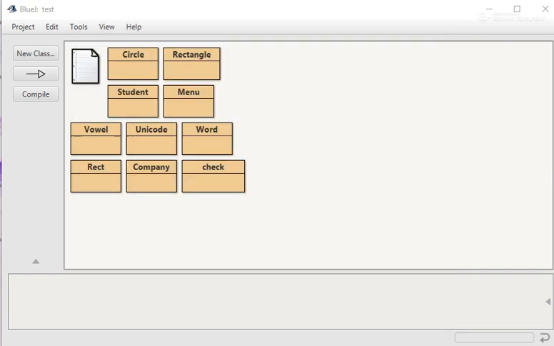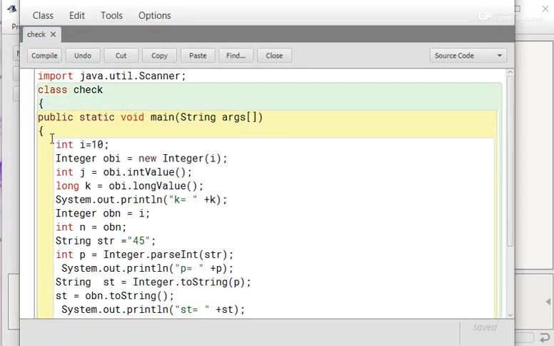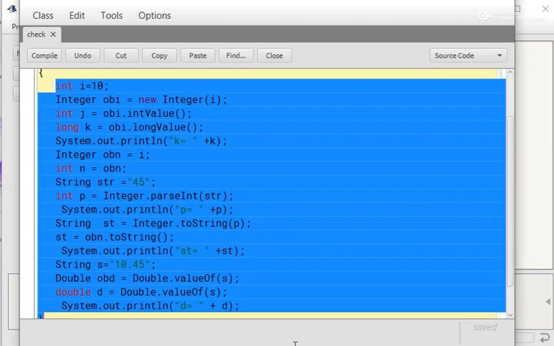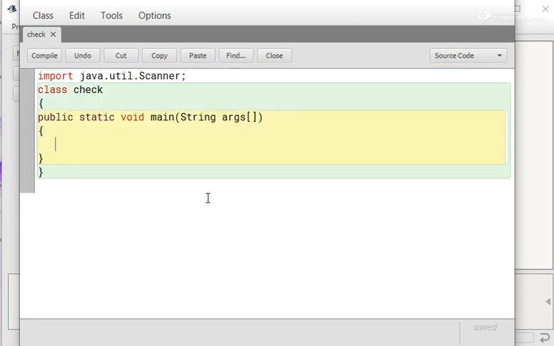Okay. Now we shall do the practical of character wrapper class. So open the class and delete all this content. After that, type the program as given in your note or explained in last video.